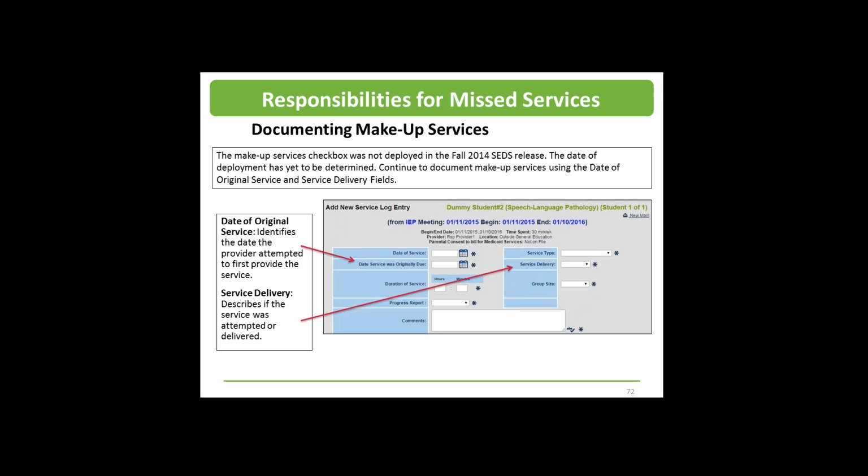So OSSE's related services policy addresses missed services. All LEAs are required to have a related services policy of their own. This policy should be provided to parents as well as to non-publics. The policy should include the LEA's policy or procedure on missed services. Non-public schools are expected to follow the related